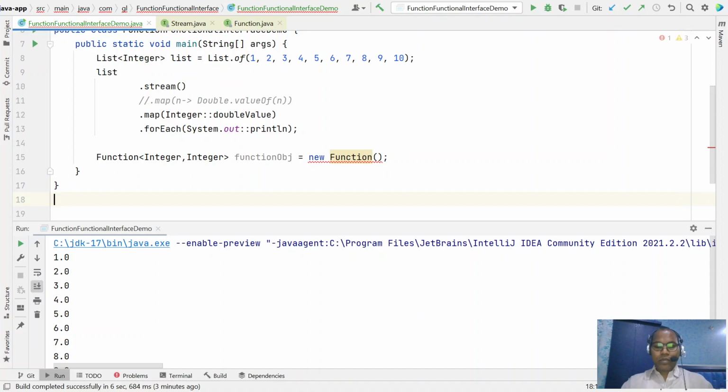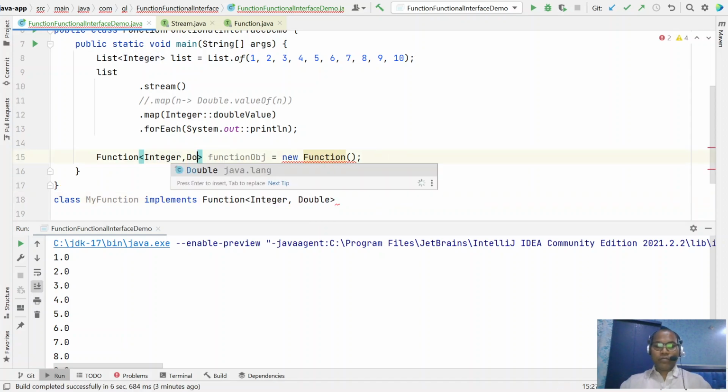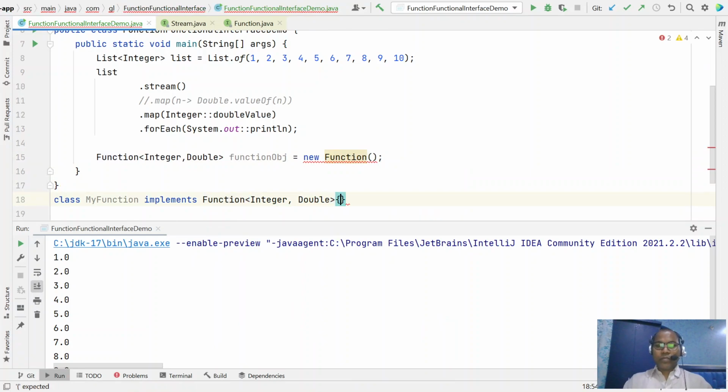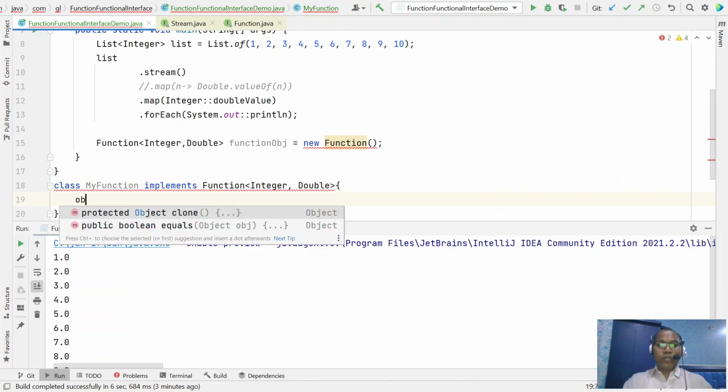Let's say class MyFunction implements the functional interface, takes Integer and returns Double, and you have to give the definition.